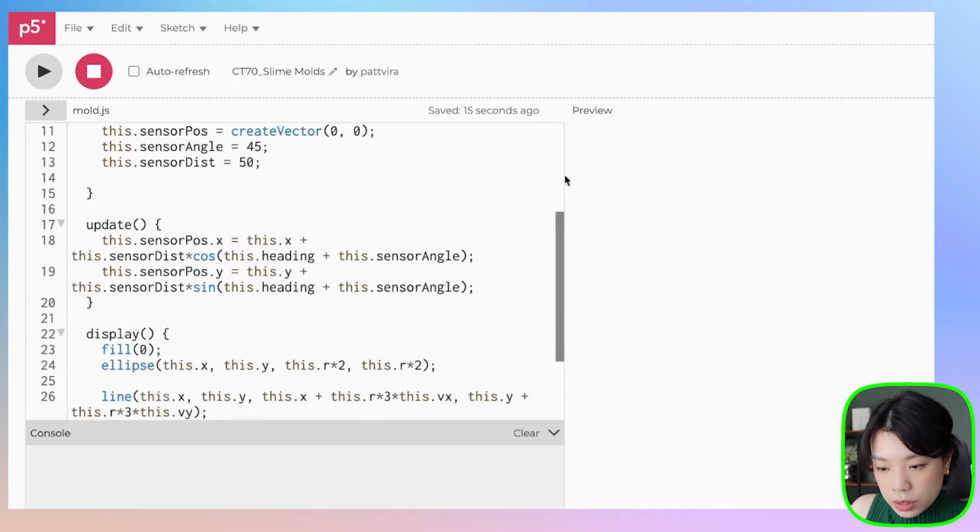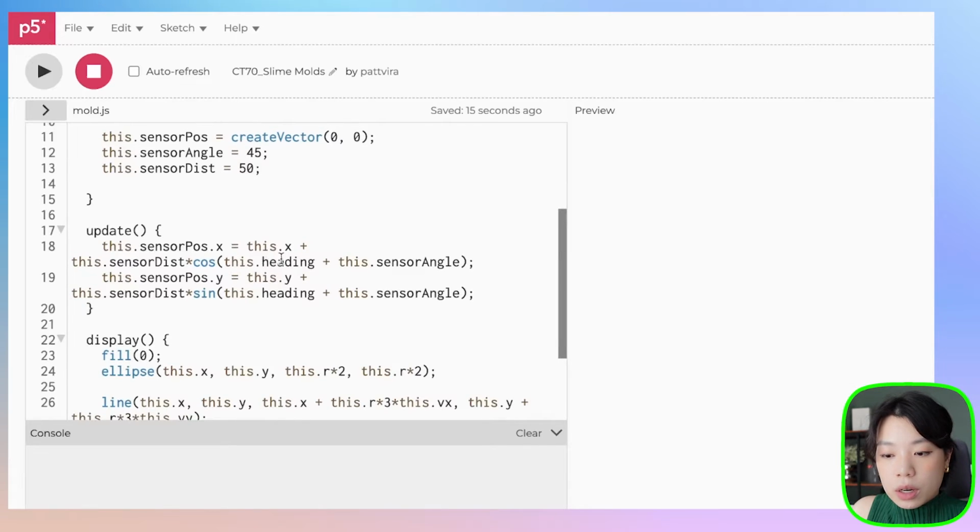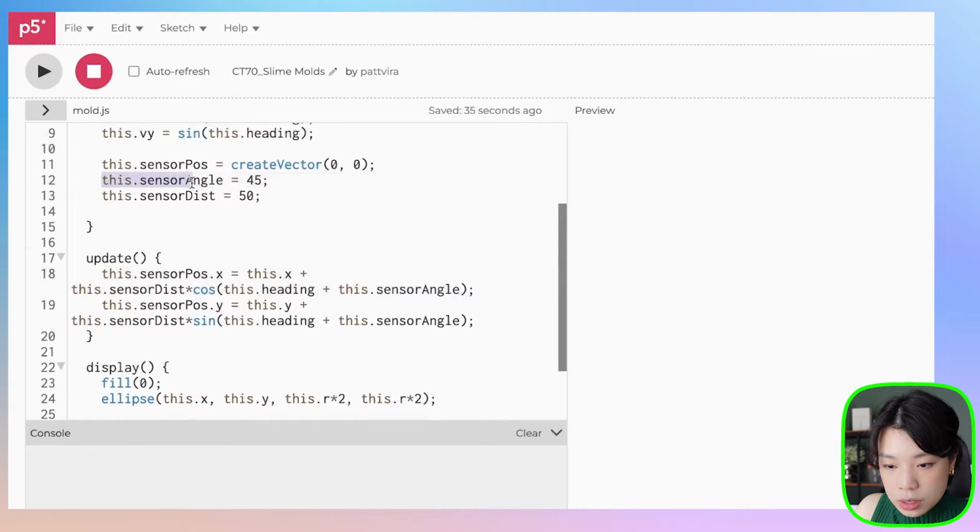All right, so these equations here are basically how we would convert from polar coordinates to Cartesian coordinates. So this is the radius r times cosine of the angle, and it is based on the current angle that the slime mold has, which is this dot heading, and then we're just adding the new sensing angle, which determines if it's to the left, to the right, or to the middle. But because right now we're doing this dot sensor angle at 45, it is going to be to